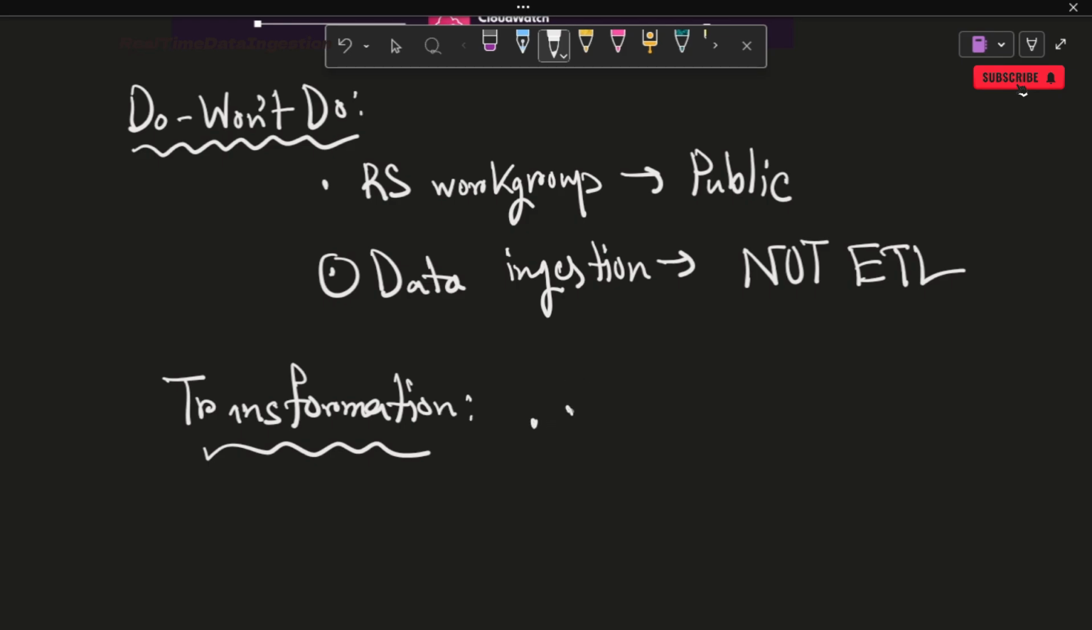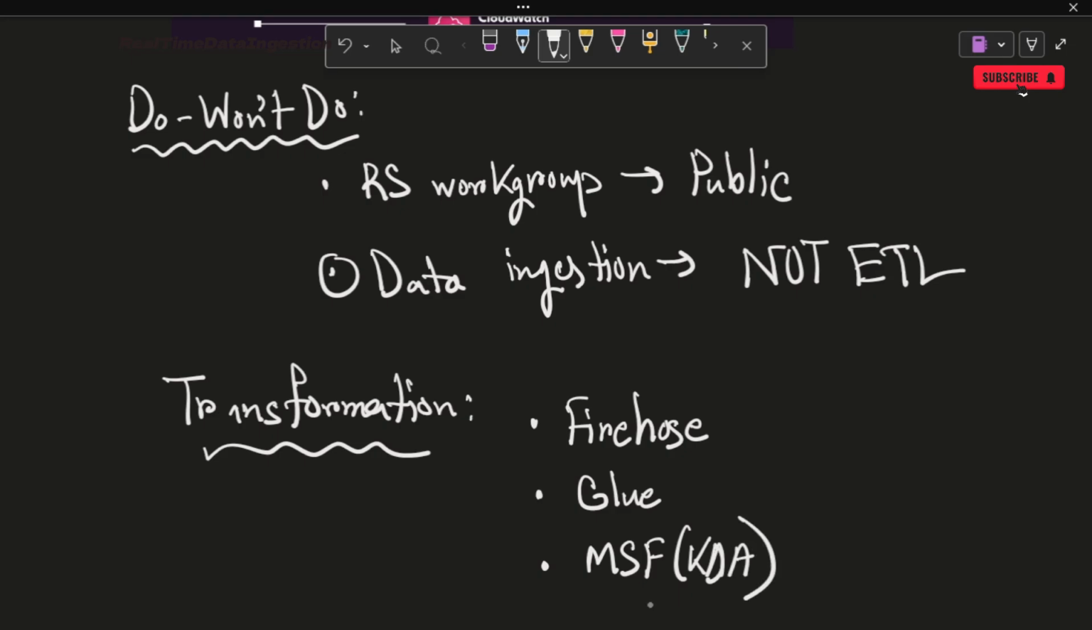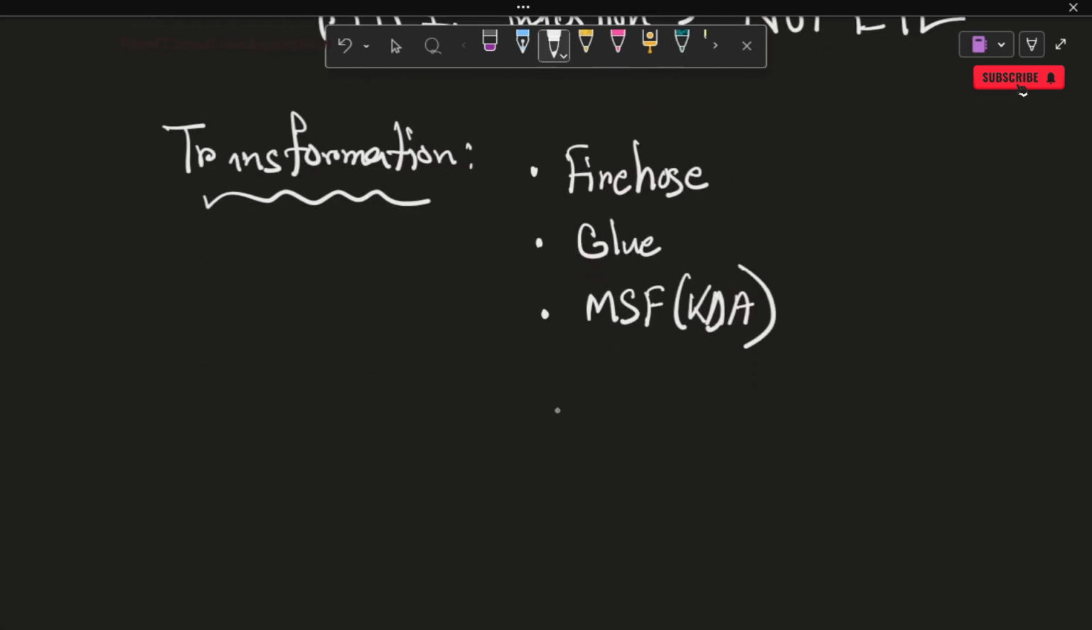First, we could have used Firehose itself for the transformation. Secondly, we could have used Amazon Glue, another service. Third option is to use MSF, or you can say KDA, Kinesis Data Analytics. We can also use something called Databricks, which is the alternative of something called EMR. Both are kind of the same. So these are some options